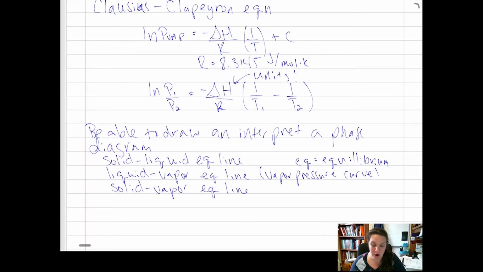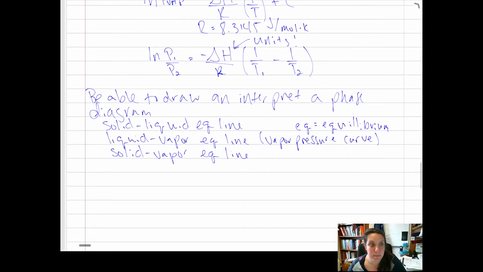So from our Clausius-Clapeyron equation, we can actually plot that. Okay, and then you need to know where the triple point is,